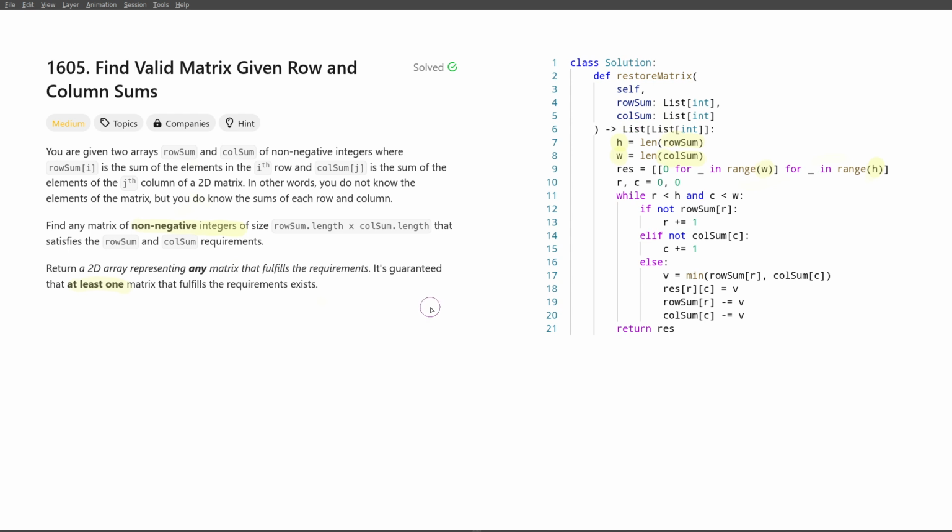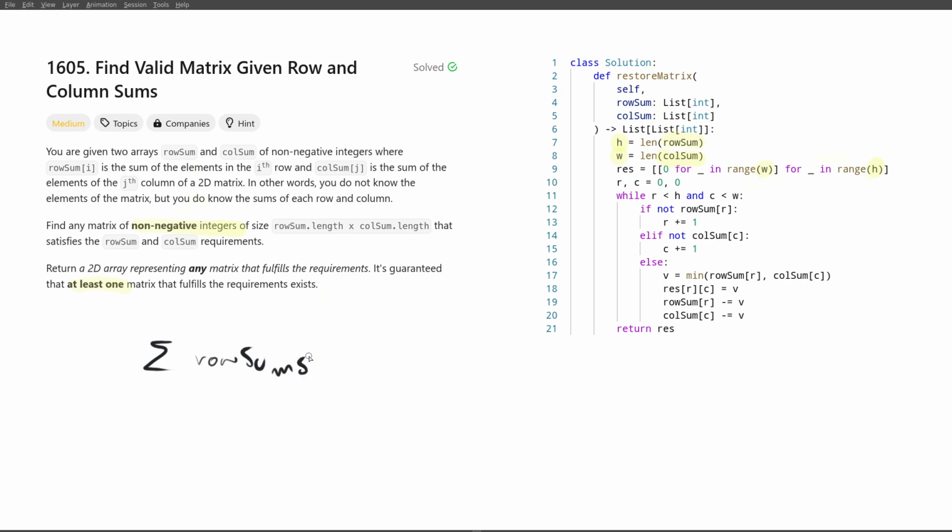One more thing that we should also note is that we're guaranteed that those row sums and column sums are valid. But what does it mean that they're valid? You can think about that, even though we have this guarantee. How do they look? What can we say about them? And of course we know that the sum over all row sums